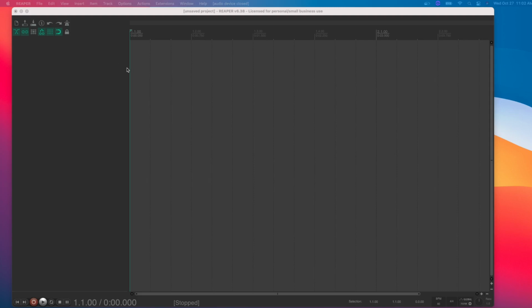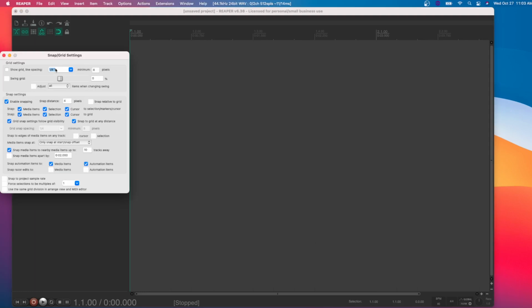So the first thing I will do is I have a new project over here. The only thing I've done other than the default is I changed the BPM to 80, and I changed the grid to eighth note triplets. So if you right click over here, and if my grid decides to behave, I chose, instead of the eighth note, so 1/8, I have 1/8 with a T after. And what that does is it gives me